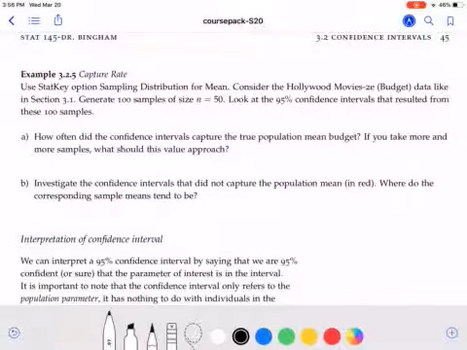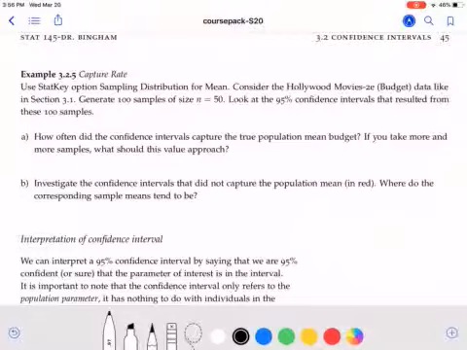When we're talking about confidence intervals and we say we have a 95% confidence interval, we can think of that 95% as really telling us how often the confidence intervals work and actually capture the population value we're hoping to capture in the interval. So in this example, we're going to illustrate that capture rate by looking at the Hollywood Movie 2E budget data